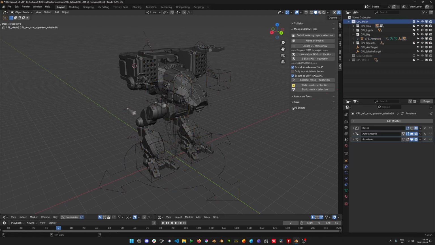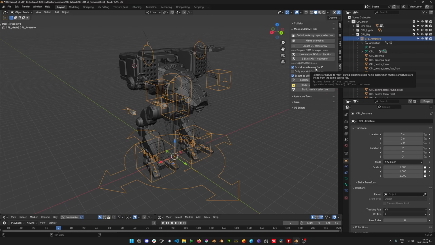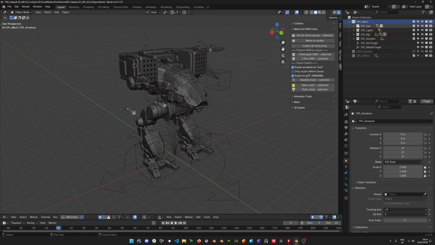For export, we have this skeletal mesh collection export with this option on, so it maintains proper scaling of the armature. I'll also use this export armature as root, so the armature object itself is then ignored. It will always import properly without errors about missing root bone and so on. So again, I'm going to select my entire collection for the export, and it will be exported to this export folder, which I can